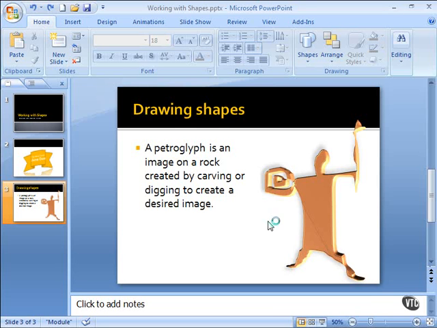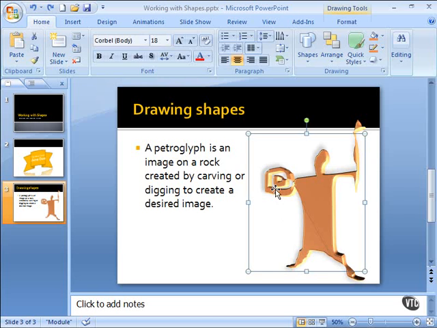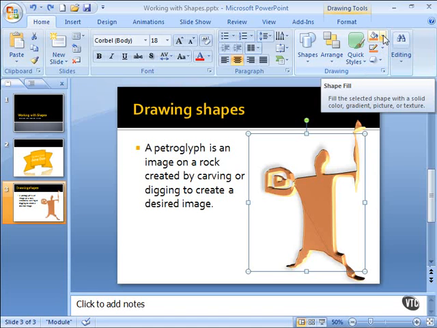Once you have a shape on your slide, you may want to change or alter the fill color that comes with that shape. Again, that's going to be fairly easy to do when you're working with PowerPoint. First of all, we need to select the shape that we want to modify. And we're going to go to our drawing group, and up in the top right here we have our shape